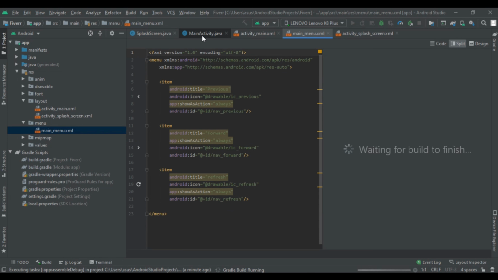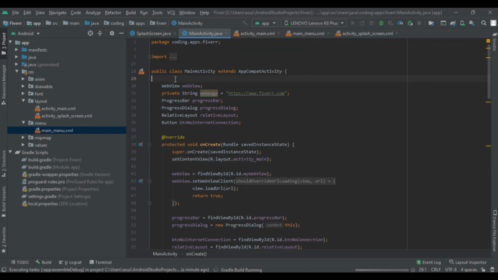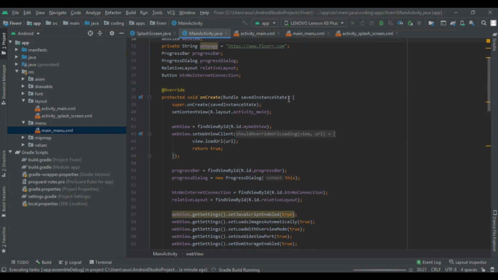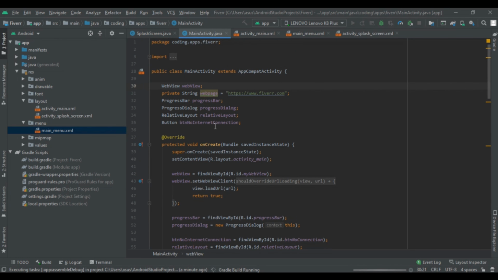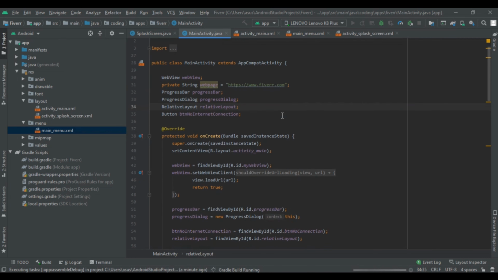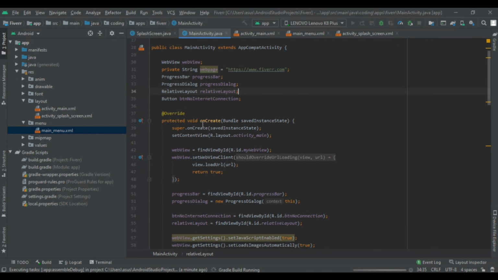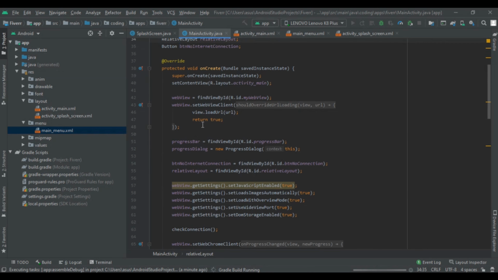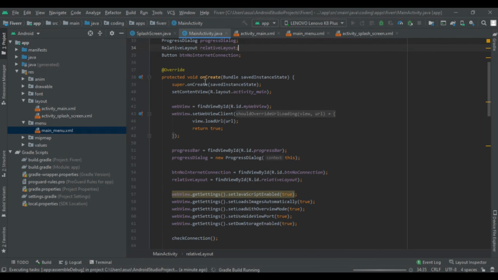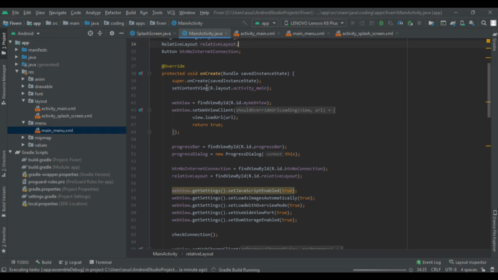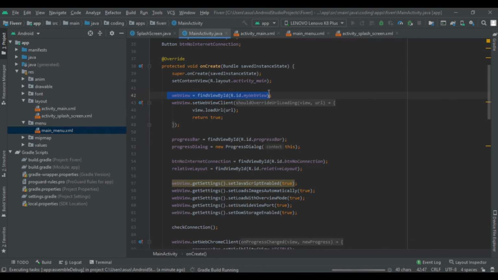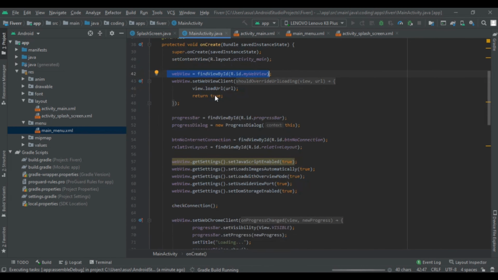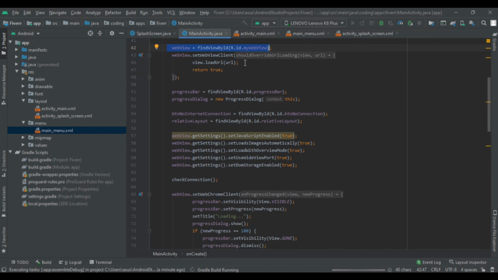And after that we had created a WebView and set our URL. You can change your URL instead of this, and then use a progress bar or a dialog as per your need. Then we used a relative layout for our no internet connection, and in the onCreate method we had cast our WebView and set the WebView client, then webview.loadUrl(url).